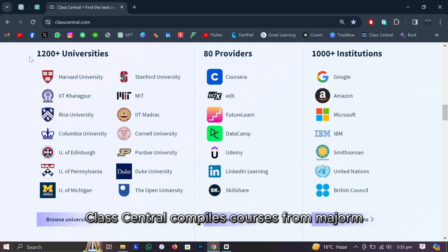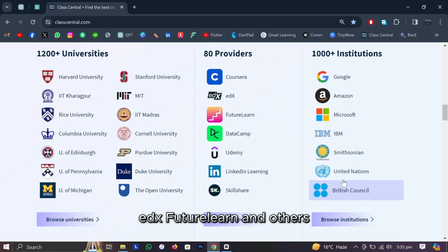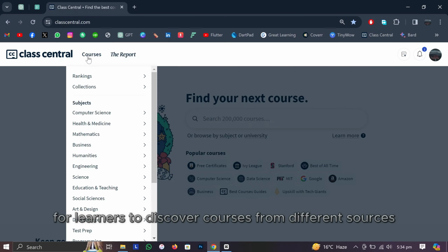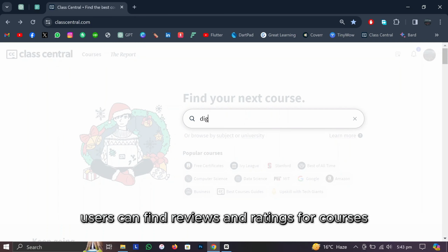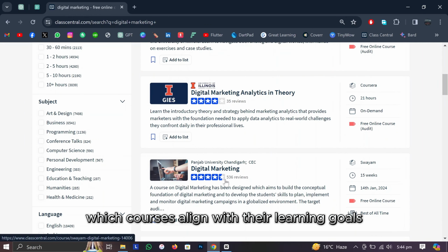Class Central compiles courses from major MOOC providers, such as Coursera, edX, FutureLearn, and others. It provides a centralized platform for learners to discover courses from different sources. Users can find reviews and ratings for courses, helping them make informed decisions about which courses align with their learning